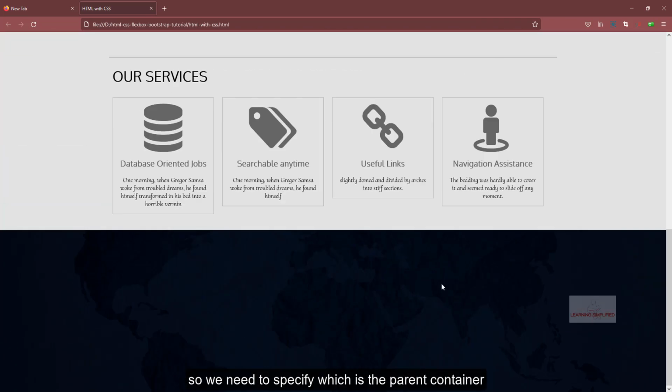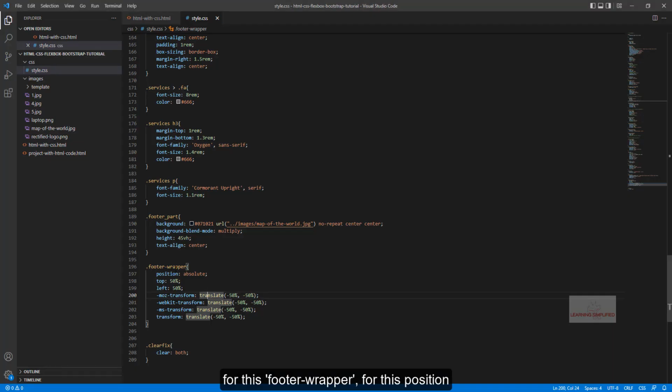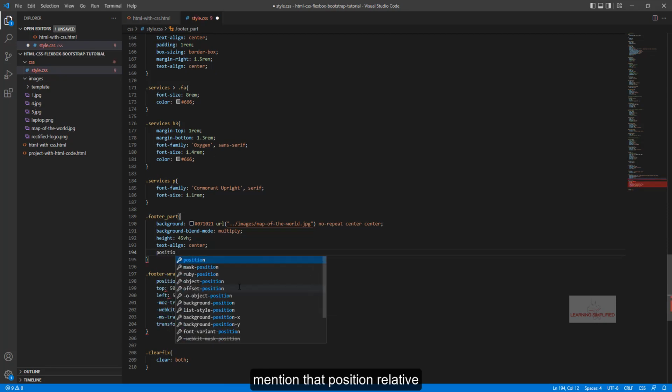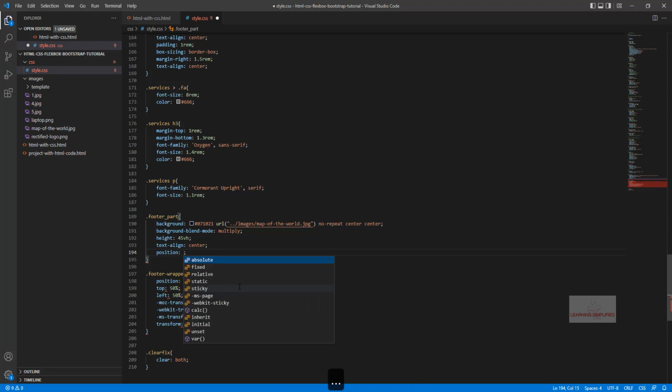So we need to specify which is the parent container for this footer wrapper, for this position absolute to work on. So that is why in defining it we need to mention that position relative